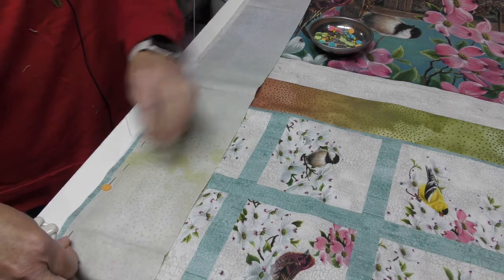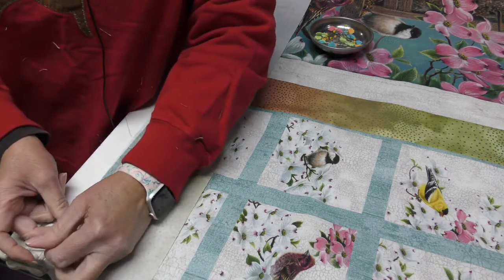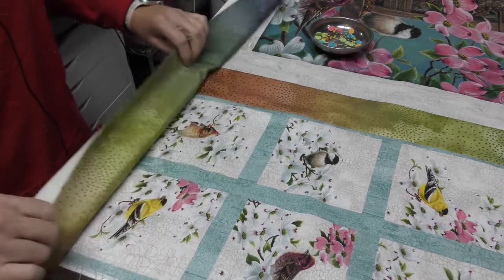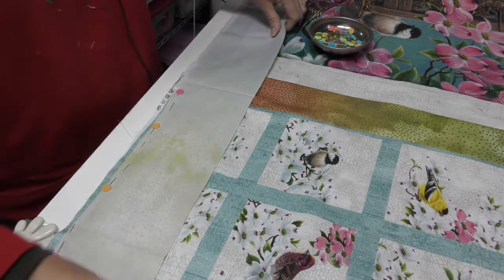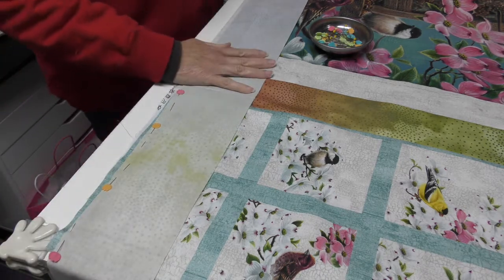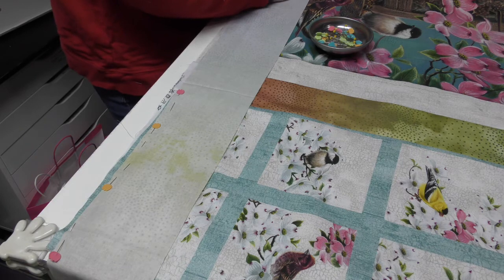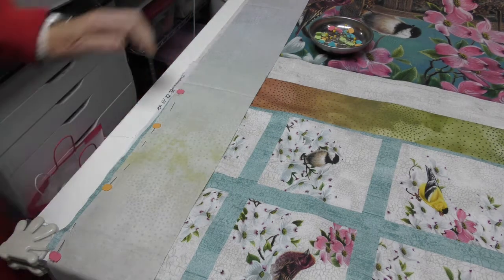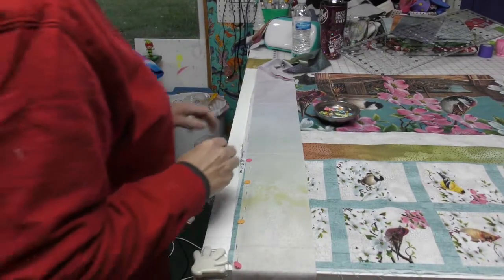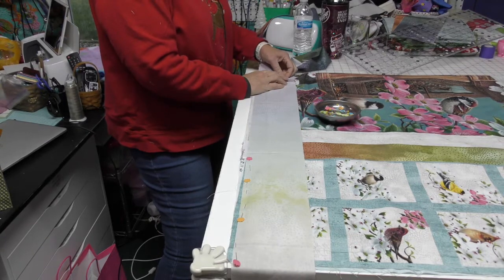My pin's got a tulip top, so you might be able to see just a little there that it's uneven. Hopefully I can work that out. But folding the panel in half helps me determine my halfway point, so the center